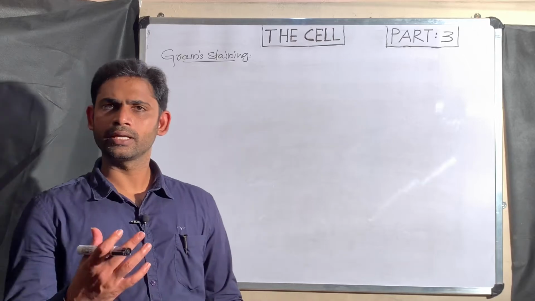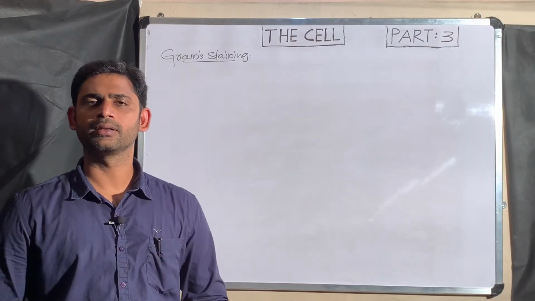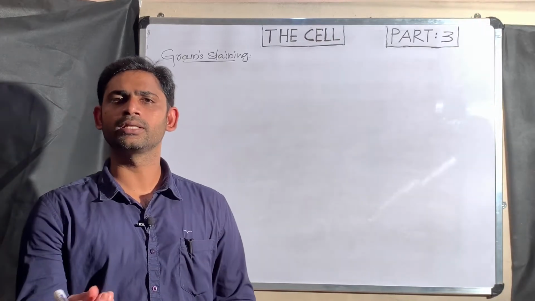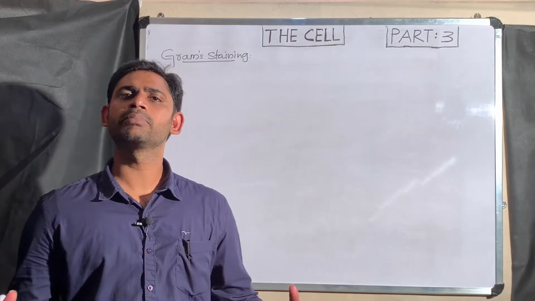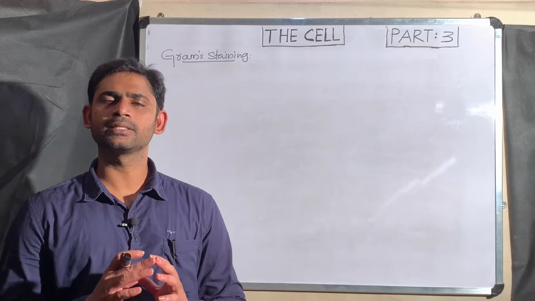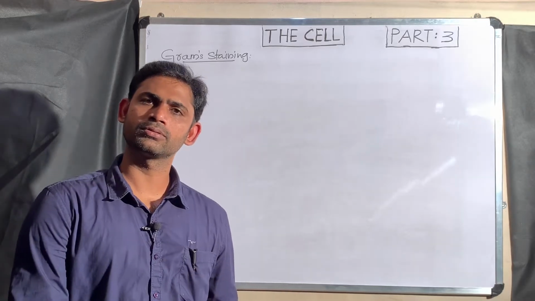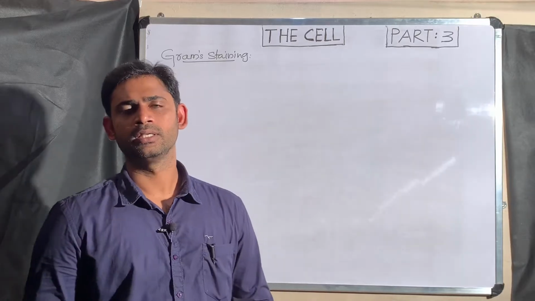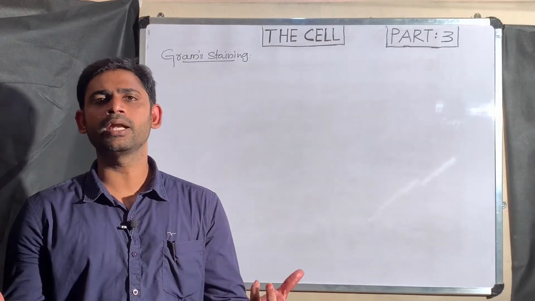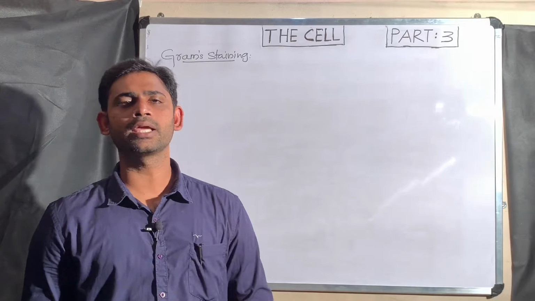Before going to the gram staining, first you have to take the sample. Any sample you can take, like a soil sample, urine sample, or feces sample. Any sample will definitely contain both gram positive bacteria and gram negative bacteria, in more or less quantities. So now how can we discriminate these two groups based on the staining?